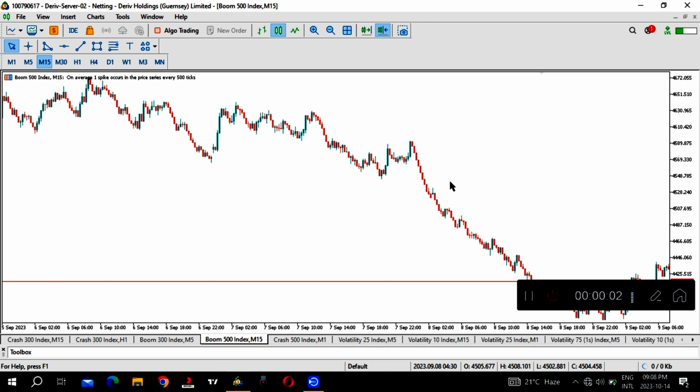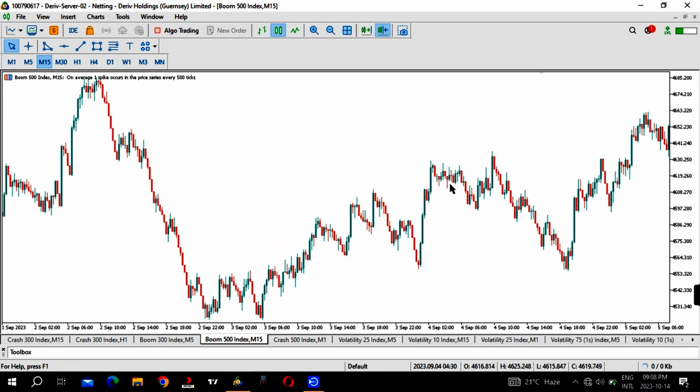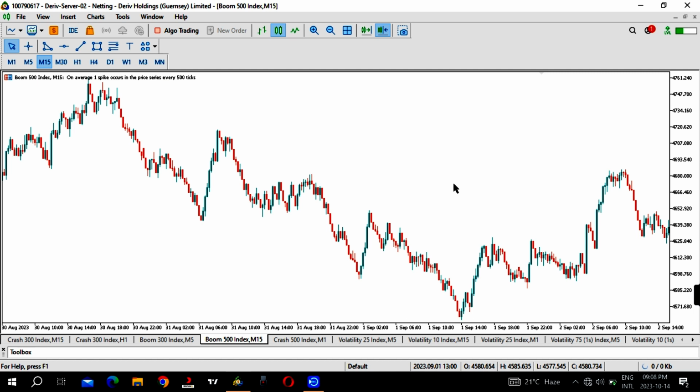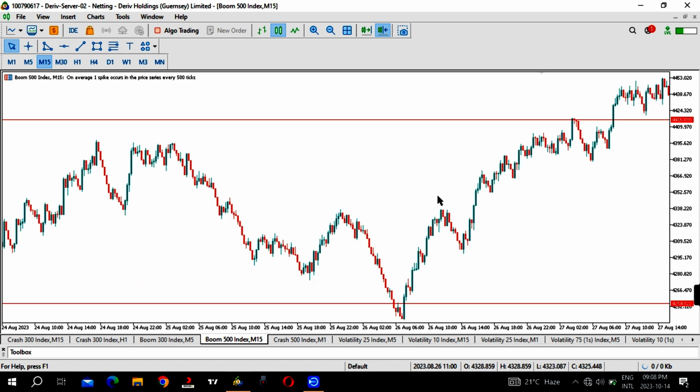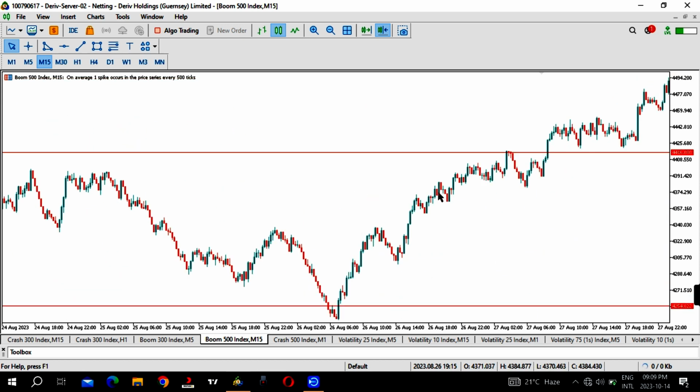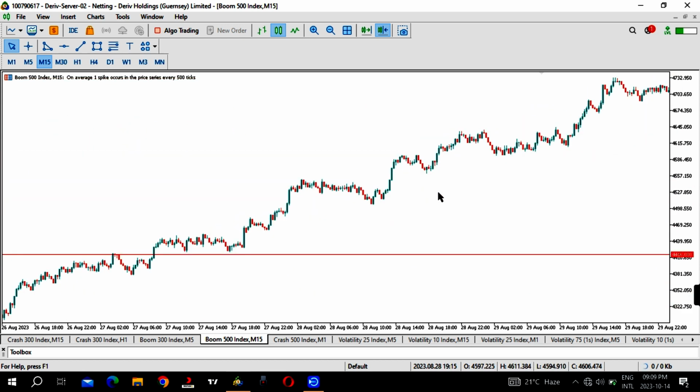If you watch till the end of this video, then there are high chances that you start seeing booming crashes. It's easier, and it will surely be a lot easier, but that is if and only if you are able to backtest this strategy and try it out on demo first, practice it on demo until you get the hang of it. So in today's video, I'm going to show you a simple way